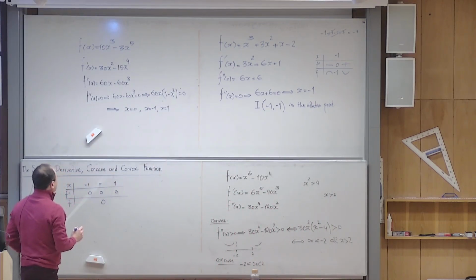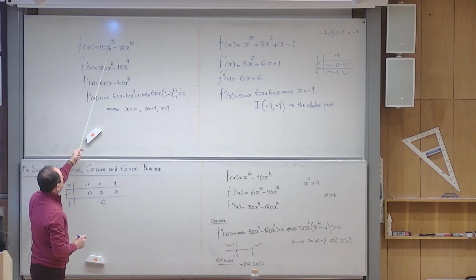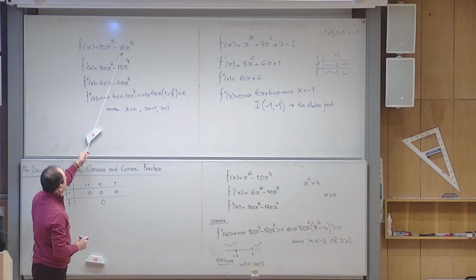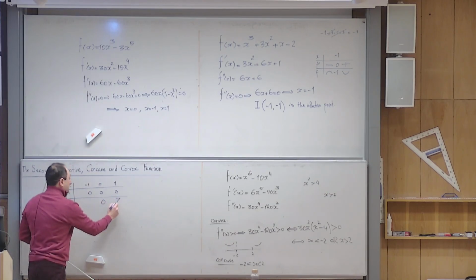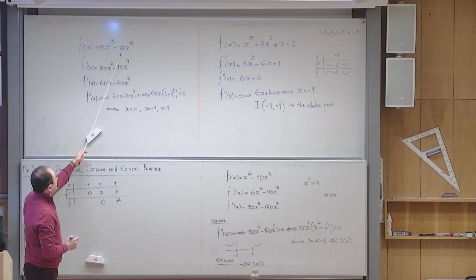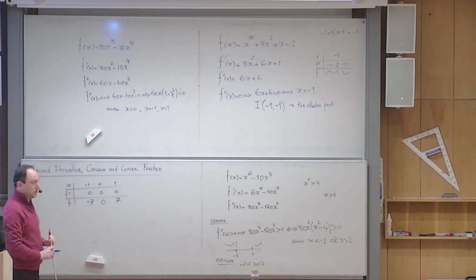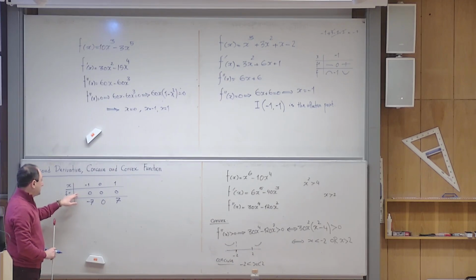If I put 1 here, it's also simple because 1 to the power 5 is just 1 and 1 to the power 3 is 1, so it becomes 10 minus 3, which is 7. If I put -1, this becomes minus 10, this becomes plus 3, so it becomes -7. Yes? Okay, if I want to know about the second derivative sign, I choose a random number on the left